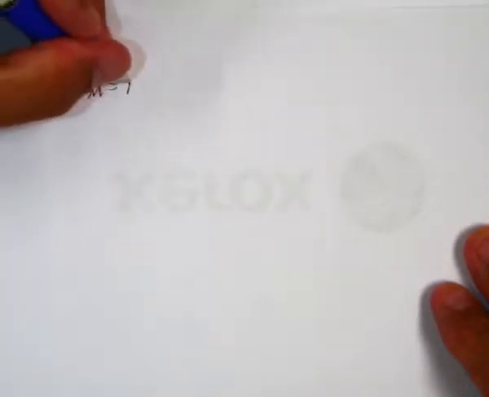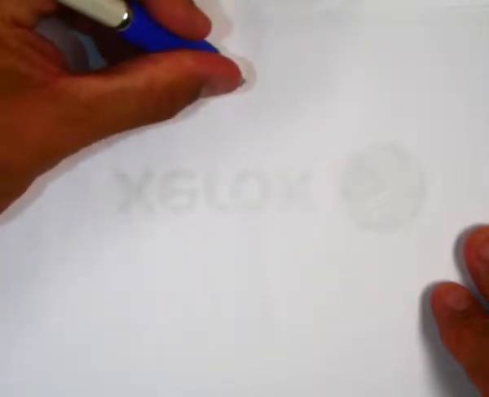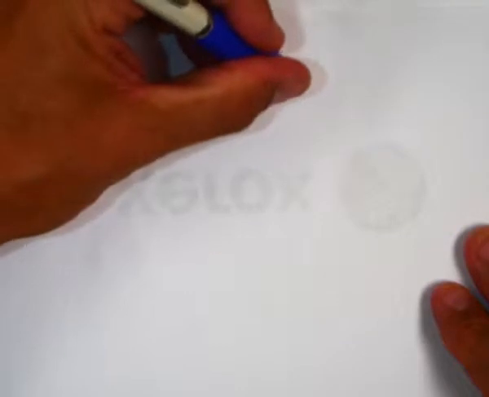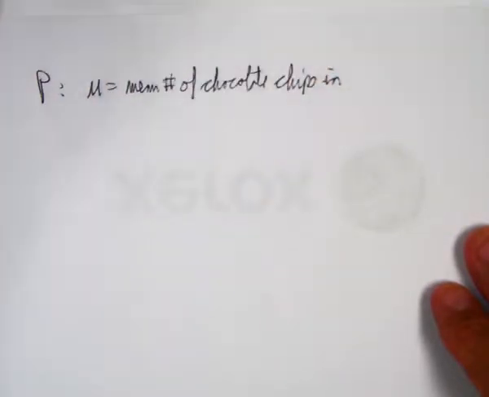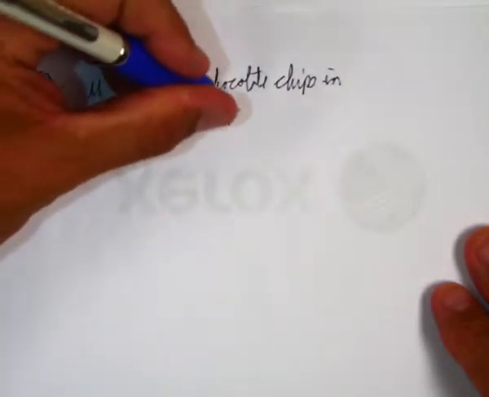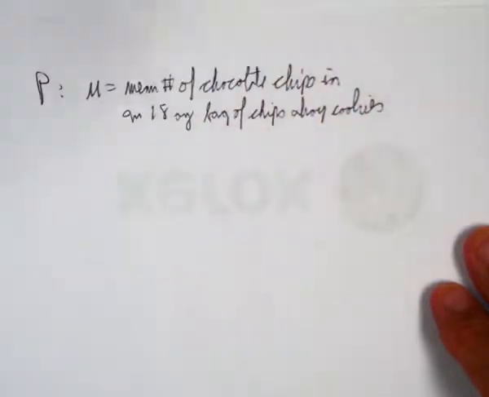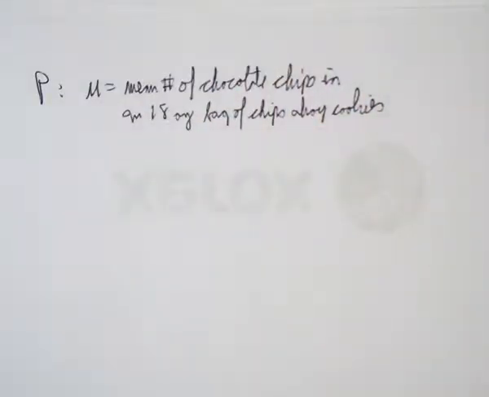So what is our parameter here? Mu is the mean number of chocolate chips in, let's see, an 18-ounce bag of Chips Ahoy cookies. All right, probably should capitalize Chips Ahoy. Don't tell an English teacher, it'll get all their noses bent out of joint, but that's okay. Okay, so